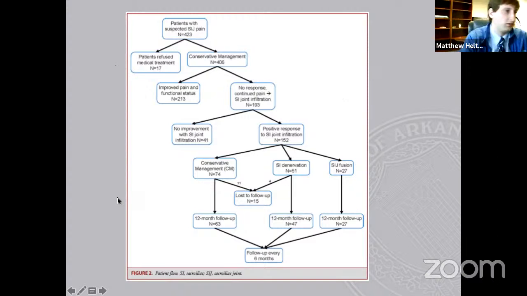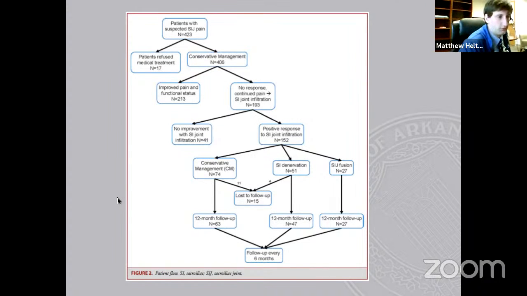So the way this study worked is it started with a retrospective study of 423 patients. 17 of their patients refused any treatment. 406 began with conservative management. Of those 406, 213 improved in their pain and functional status. That led to 193 who had no response and continued pain, and they received SI joint infiltration. The 152 that responded positively to the SI joint infiltration were then filtered into the trial,